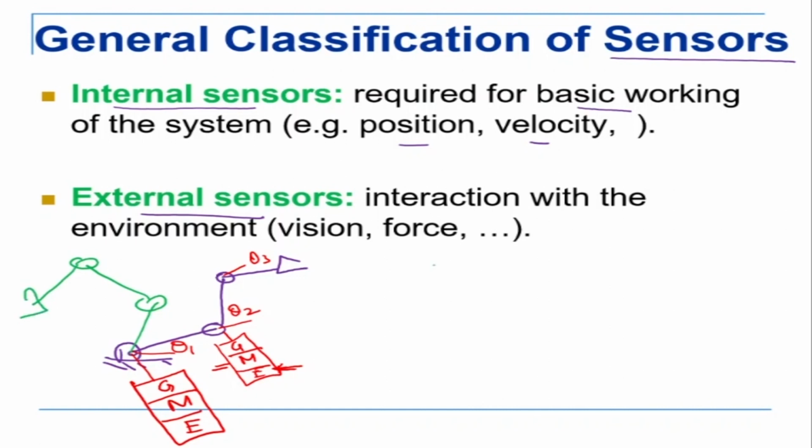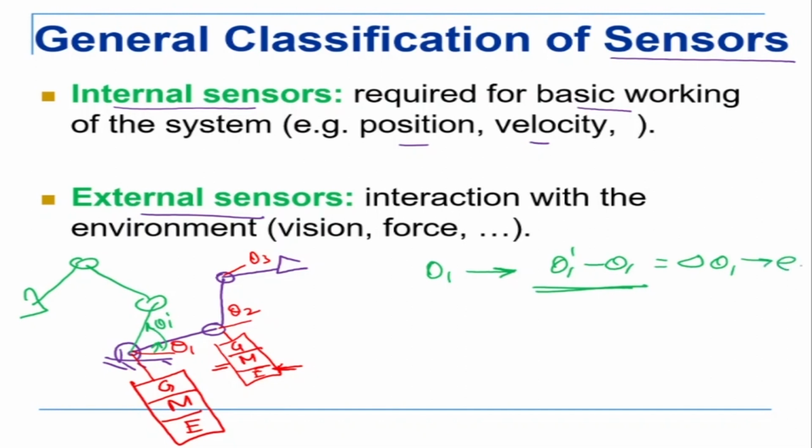For example, we are here and I want to move it to some other location like this. Essentially it is saying theta 1 is moving from theta 1 to theta 1 dashed. If I say this is my theta 1 and that's my theta 1 dashed, the controller must know what the desired position and the present position are. And once it knows that, it generates an error. So theta 1 dashed minus theta 1 is equal to del theta 1,